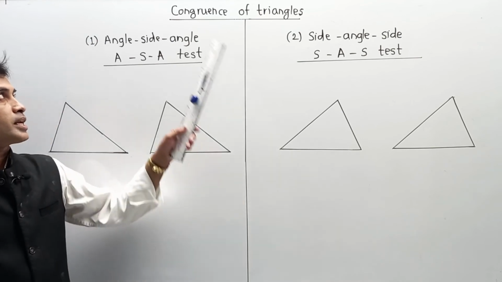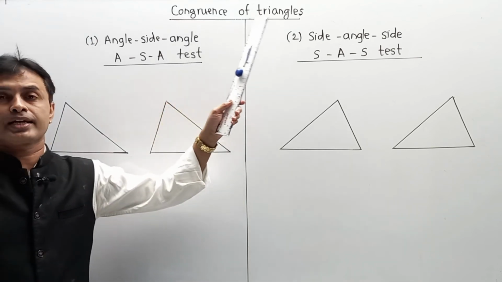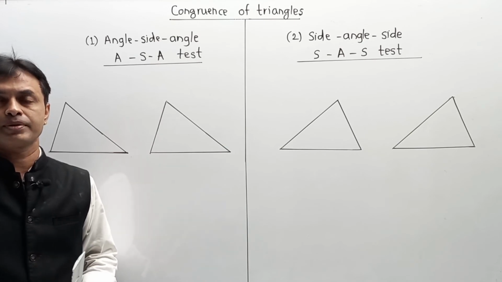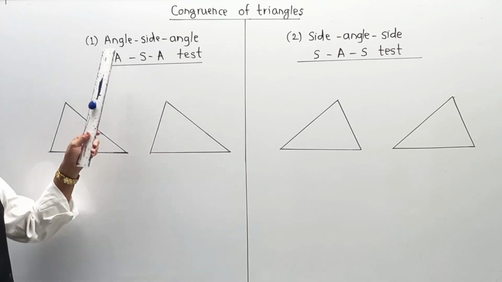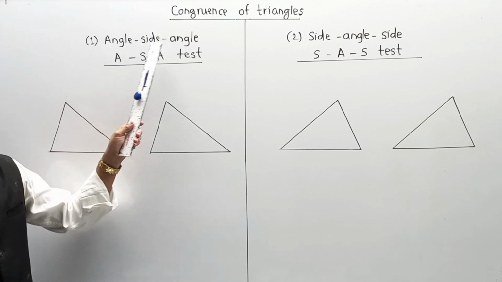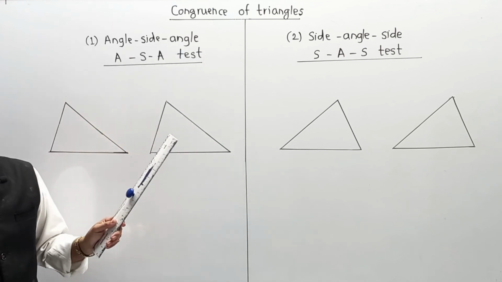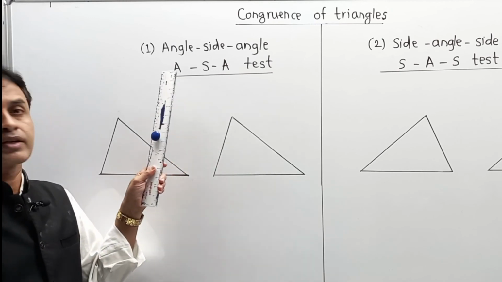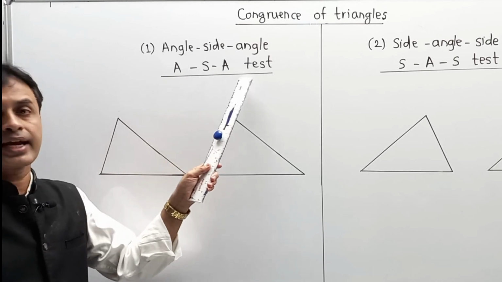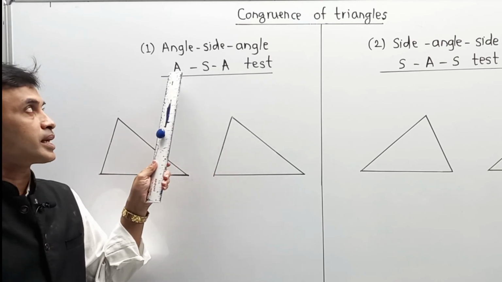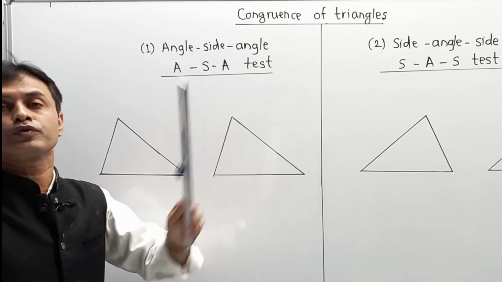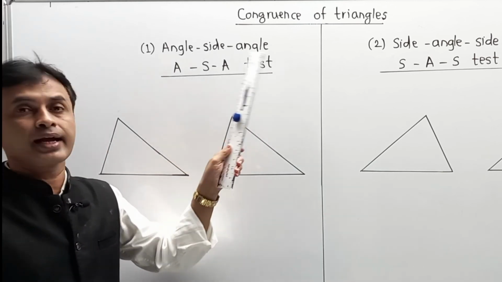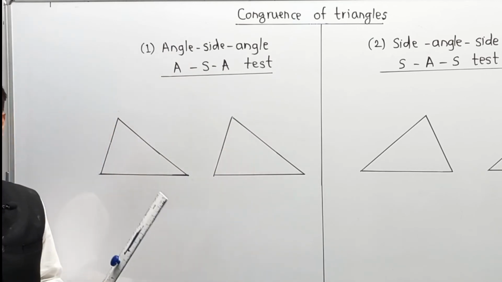Hello friends, now we have to understand congruency of triangles in terms of tests. Among them there are a total of 4 tests in our syllabus. First of all we have to understand the angle side angle test of congruence. There is a comparison between the two triangles, and we have to check angle side angle, the short form of which is always written ASA, test of congruency. What exactly is the ASA or angle side angle test of congruency? Let me clarify with an example.